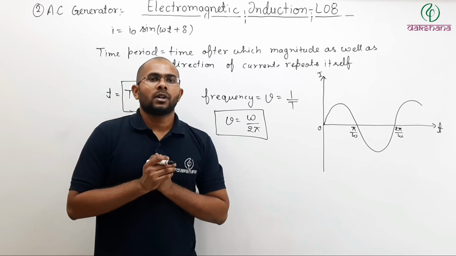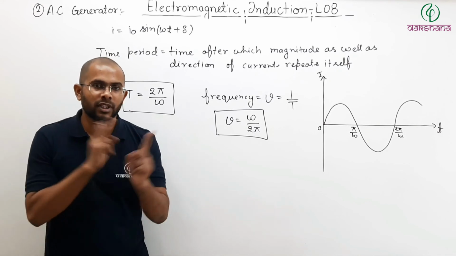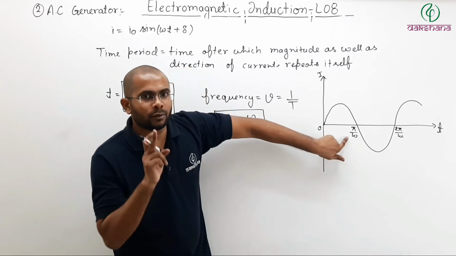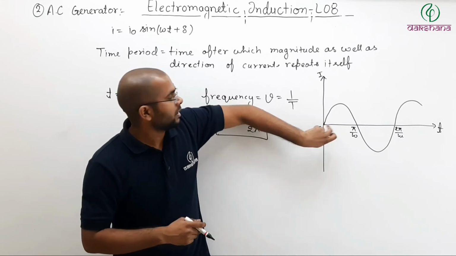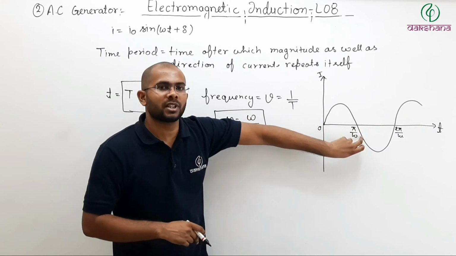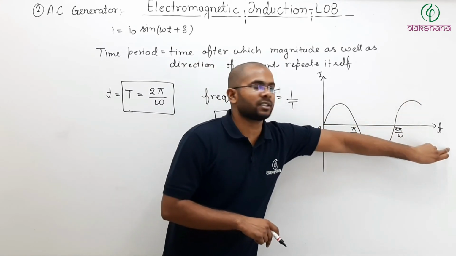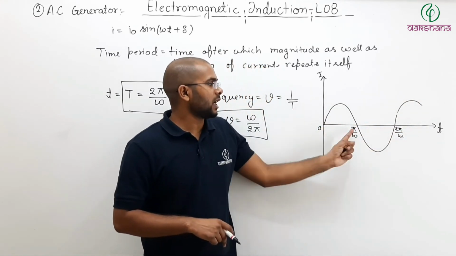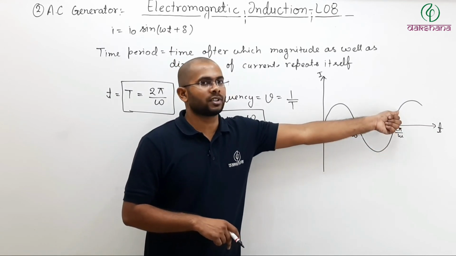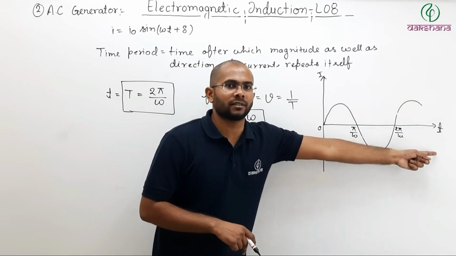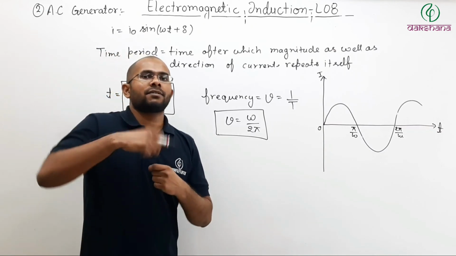But if you want to know after how much interval the current changes its direction, those are two different things here. If you want to know how much time it takes to change direction, it is 0 here and pi by omega. After pi by omega, direction becomes negative. After again pi by omega, direction becomes positive. So here positive, after pi by omega it becomes negative. Here negative, after pi by omega it becomes positive. Again after pi by omega it will become negative. So in case of a sinusoidal current, current changes its direction after every